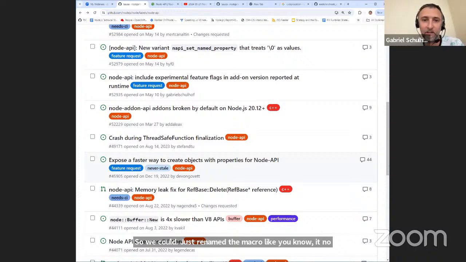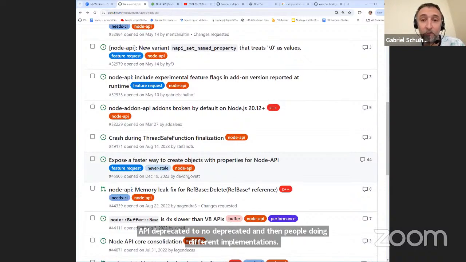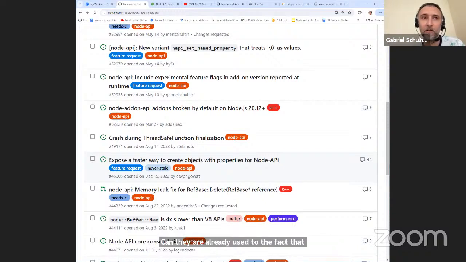People doing different implementations are already used to the fact that we have some headers which are part of JS native API but only in Node, because we have optimizations for V8 stuff like persistent handles. So we have a V8 internals.h, if I remember correctly, and in it we could define a macro called JS_NATIVE_API_DEPRECATED, and the definition of that macro will come from this new common header that works in C and in C++.